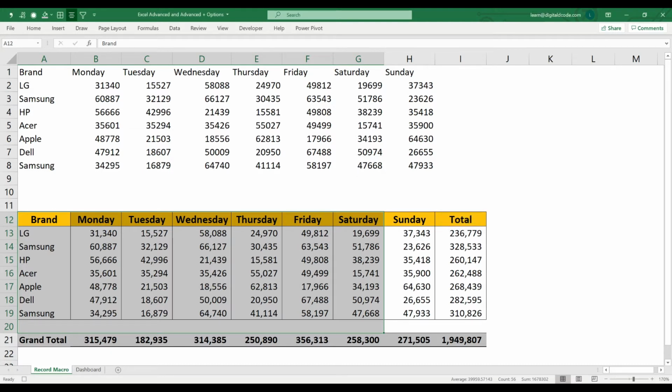Now whatever step I'm going to do in this worksheet will get captured in the backend as code. So let me select range A1. When you do record macro, don't move your cursor; your cursor should be on the same cell between one step and another step.